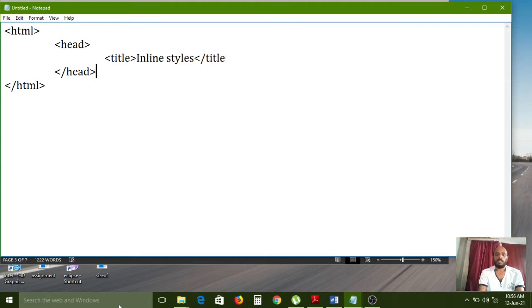Right. Now I am using the body tag. In between the body tag, whatever text we want to represent on the web page, for that we have to use some HTML element. Carefully observe here. Here I am using the h1 tag, opening and closing tag.